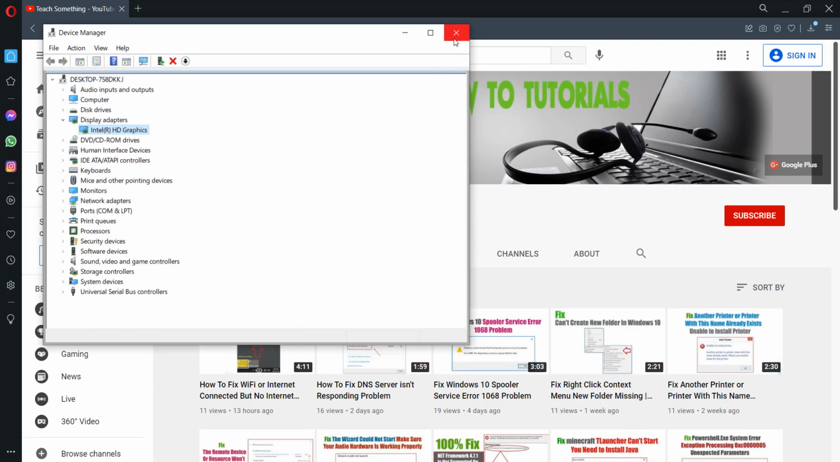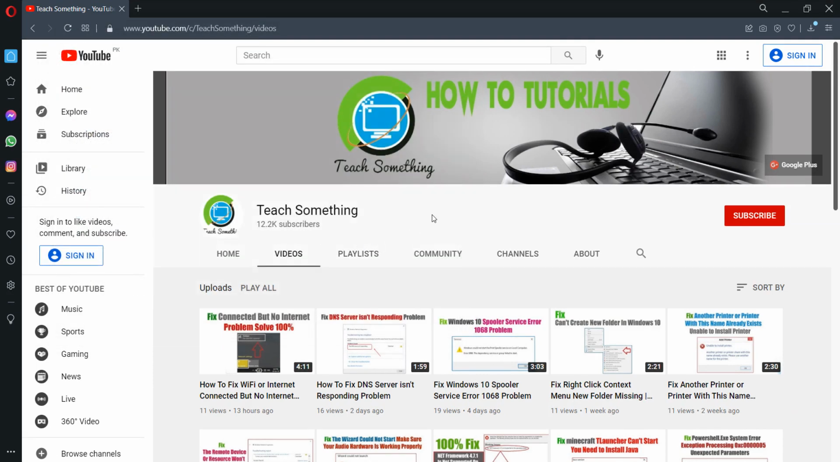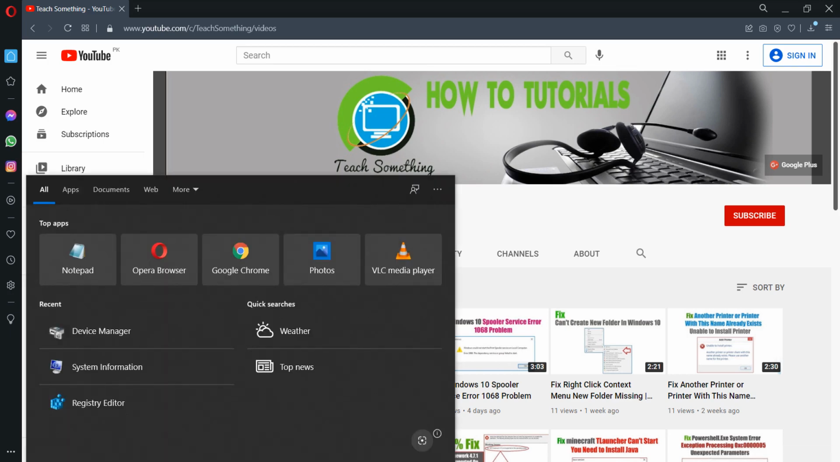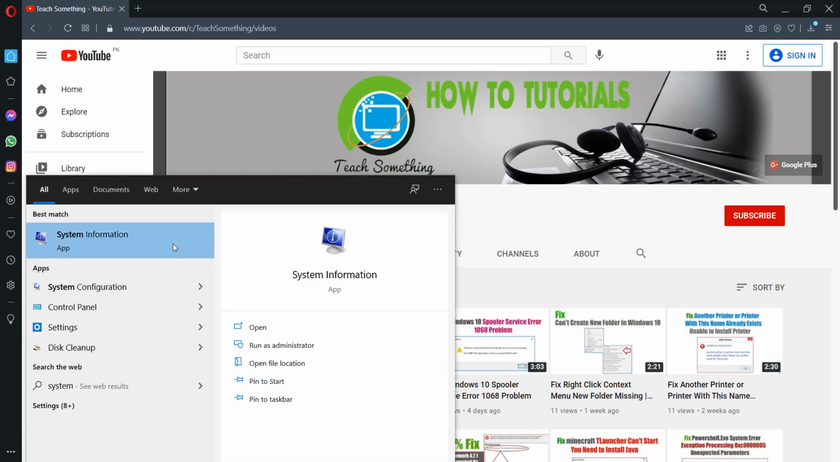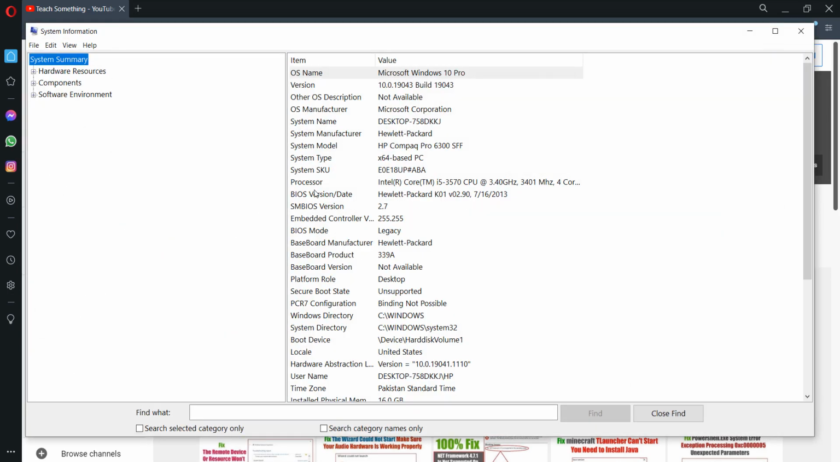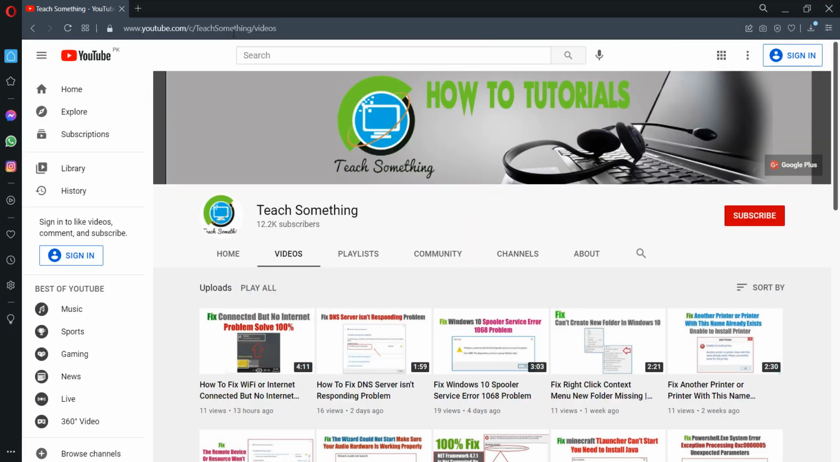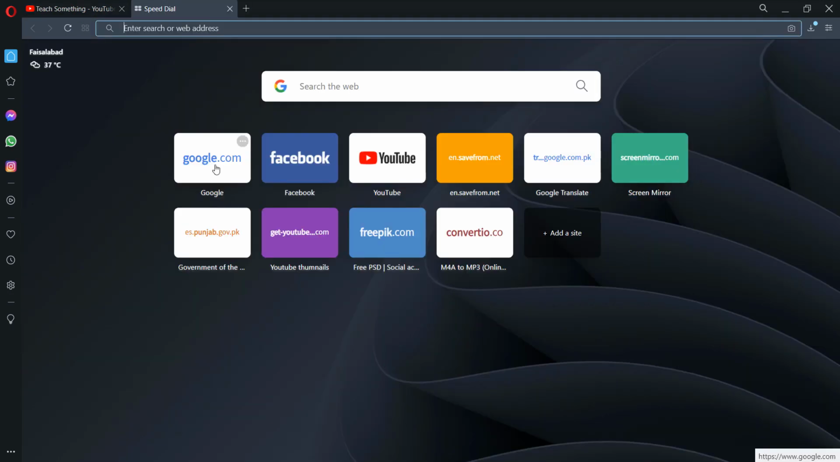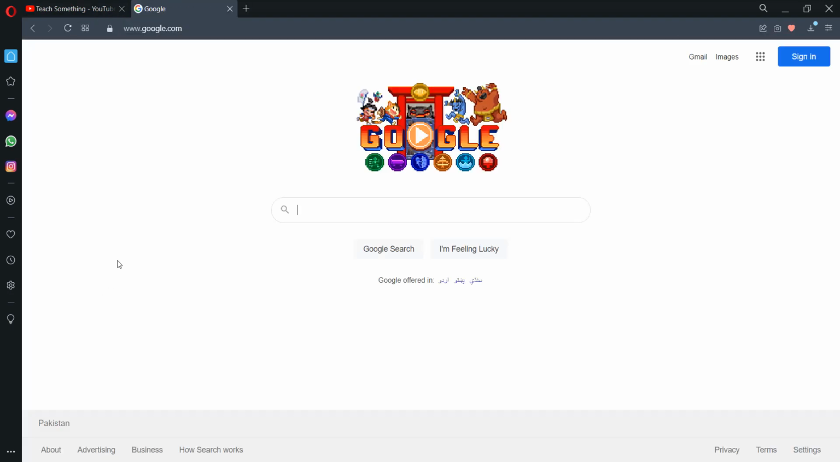I am sure that your problem is fixed, but if your problem is still there, then you can try the next method. The next method is that in the search box type system information, open system information, and you can check the processor. My processor is an i5 3570. Okay guys, so close it, go to your search box, Google, and type i5